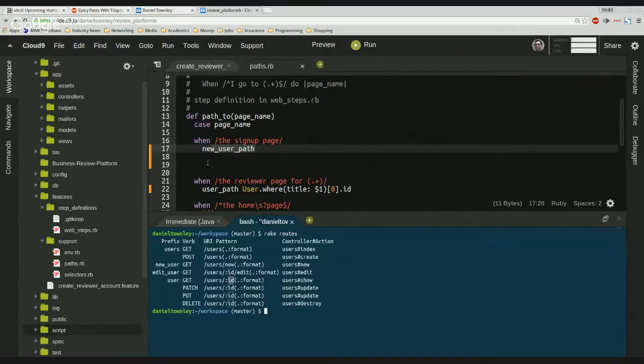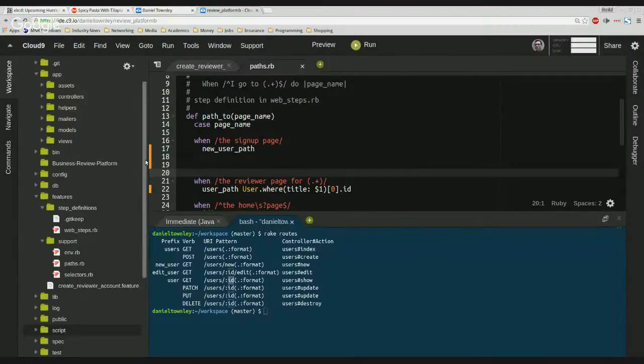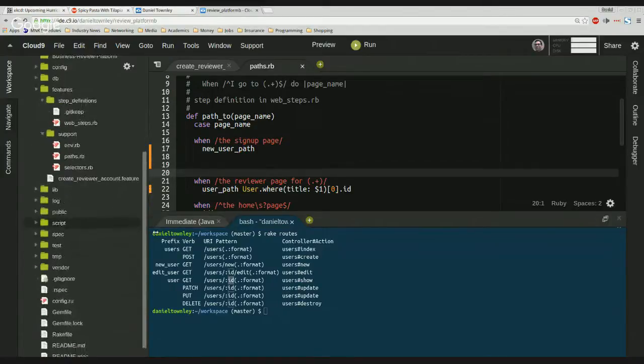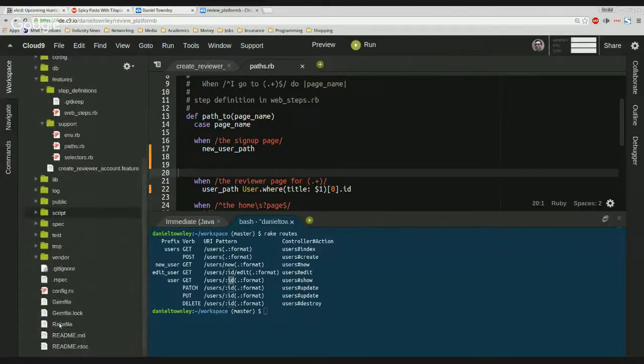Okay. Yeah. And some of these mappings will already be present there, and some of them we have to create, right? And to create that, we have to go to routes.rb, right? Yes, and for me that wasn't a big part of my feature. In fact, most of my steps were already defined in web steps, and most of the routes were already there. But yes, I guess we can take a look at